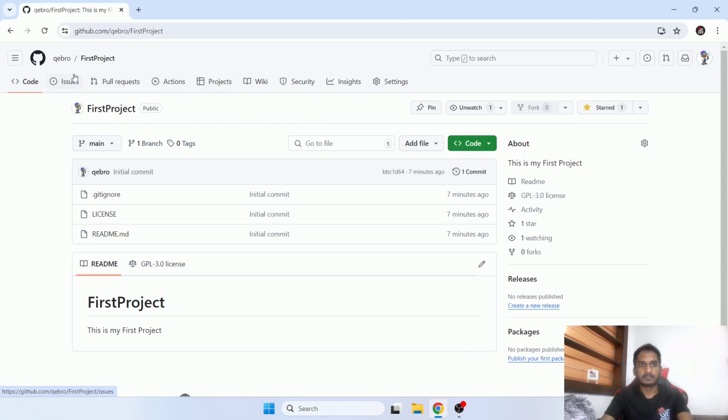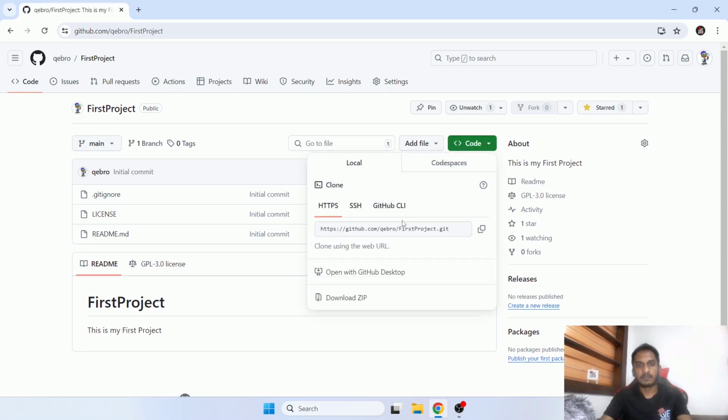So the other tabs I will cover in separate videos, because those are some advanced stuff we need to cover much. So yeah, before that, now we have the remote repository created. Now you need to create the link between, or you need to take this remote repository to your local workspace. To do that, under this code option, you can see there are multiple options